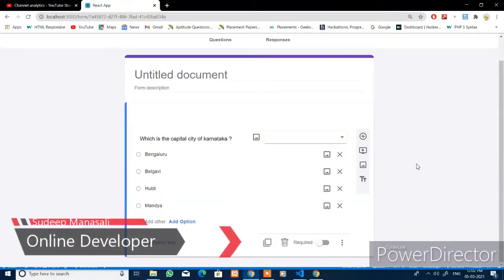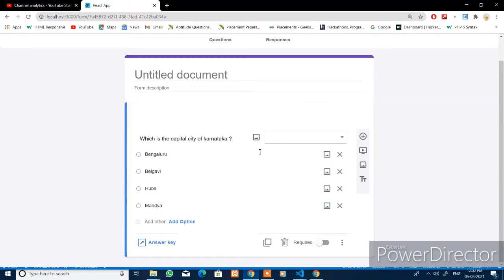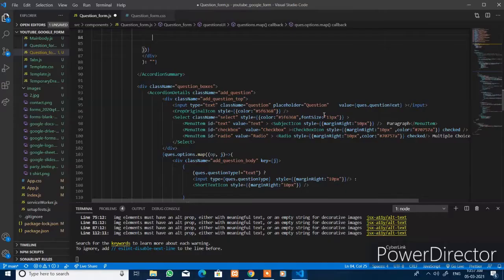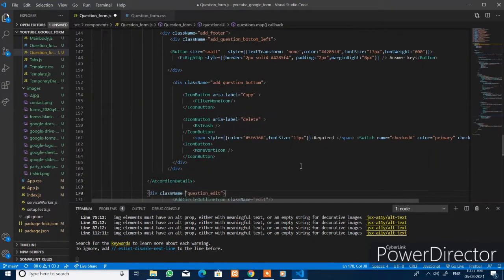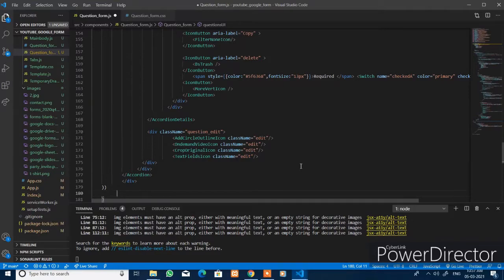Welcome back everyone. In the last video we completed this question from car designing, the first part. Now we will add the events to all these input elements and the icons. Within this question boxes block and below the accordion details, add this question edit with the four icons holding it,